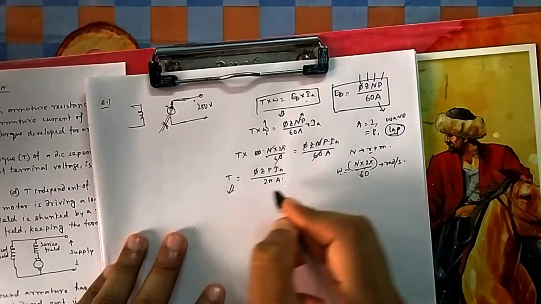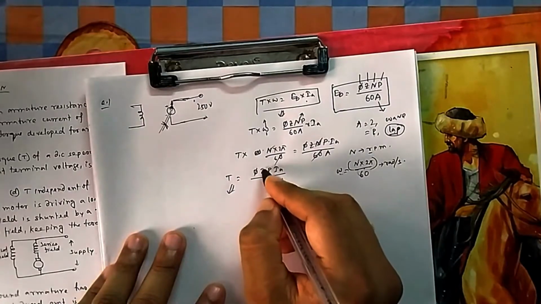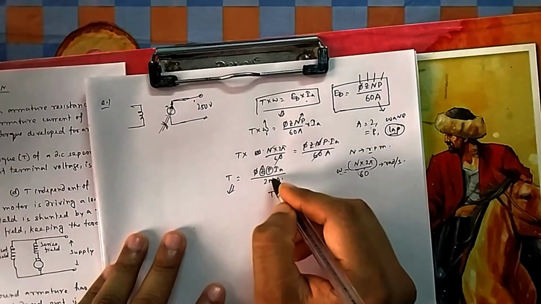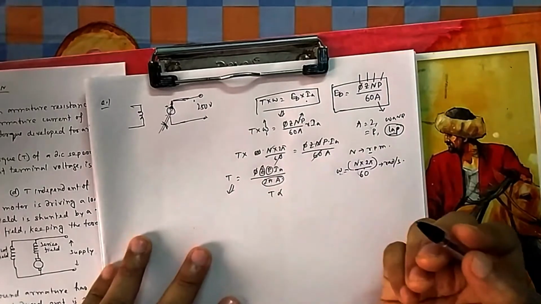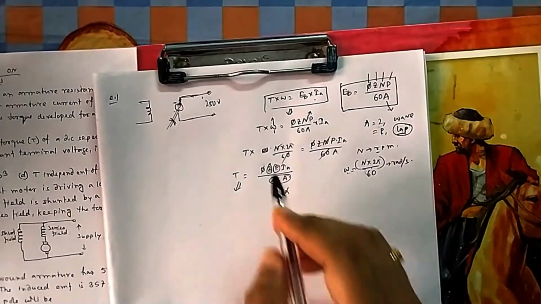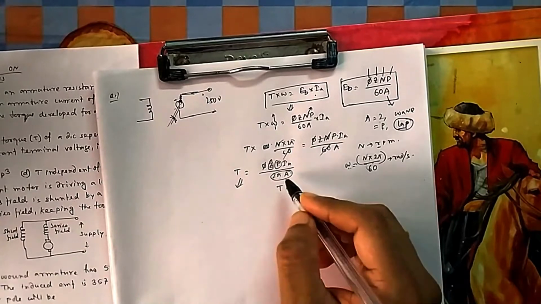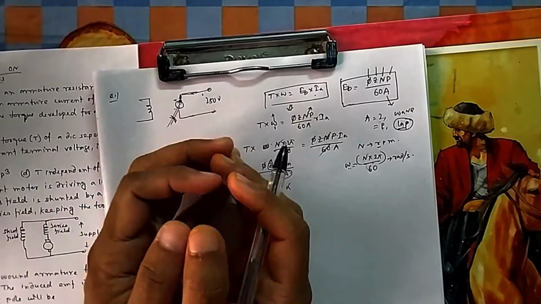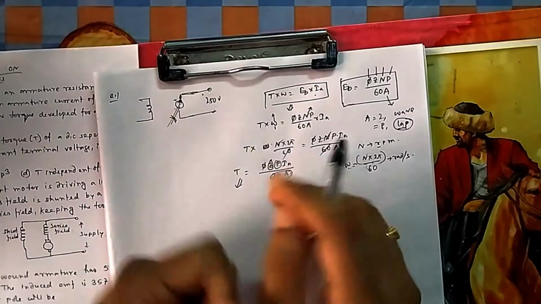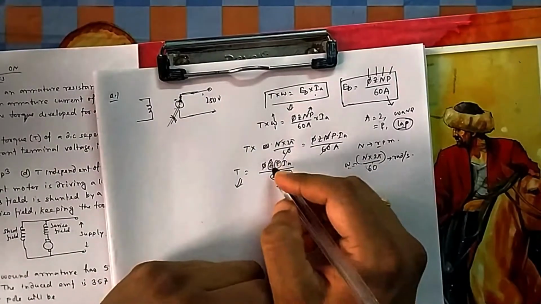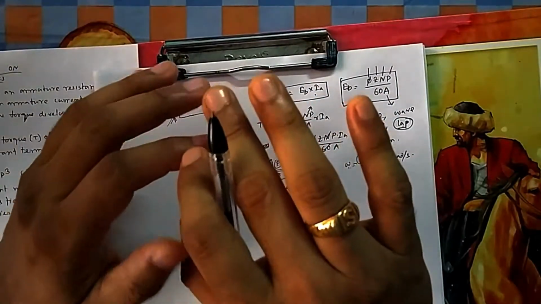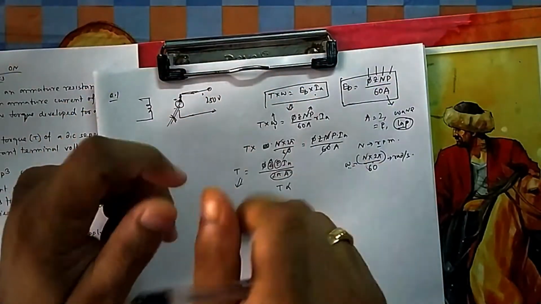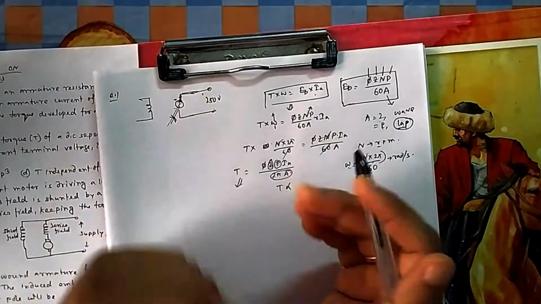So from here generally what we say, torque is directly proportional to flux and armature current, because you can see all these are constant because these are machine parameters. So the number of conductors will be the same, the poles will be the same, they will not change. Once you fix everything and you close your motor and you seal it, the number of conductors and the number of poles you cannot change arbitrarily, because you have fixed everything, you have mounted everything, you have connected all screw nuts, and now it is fixed.